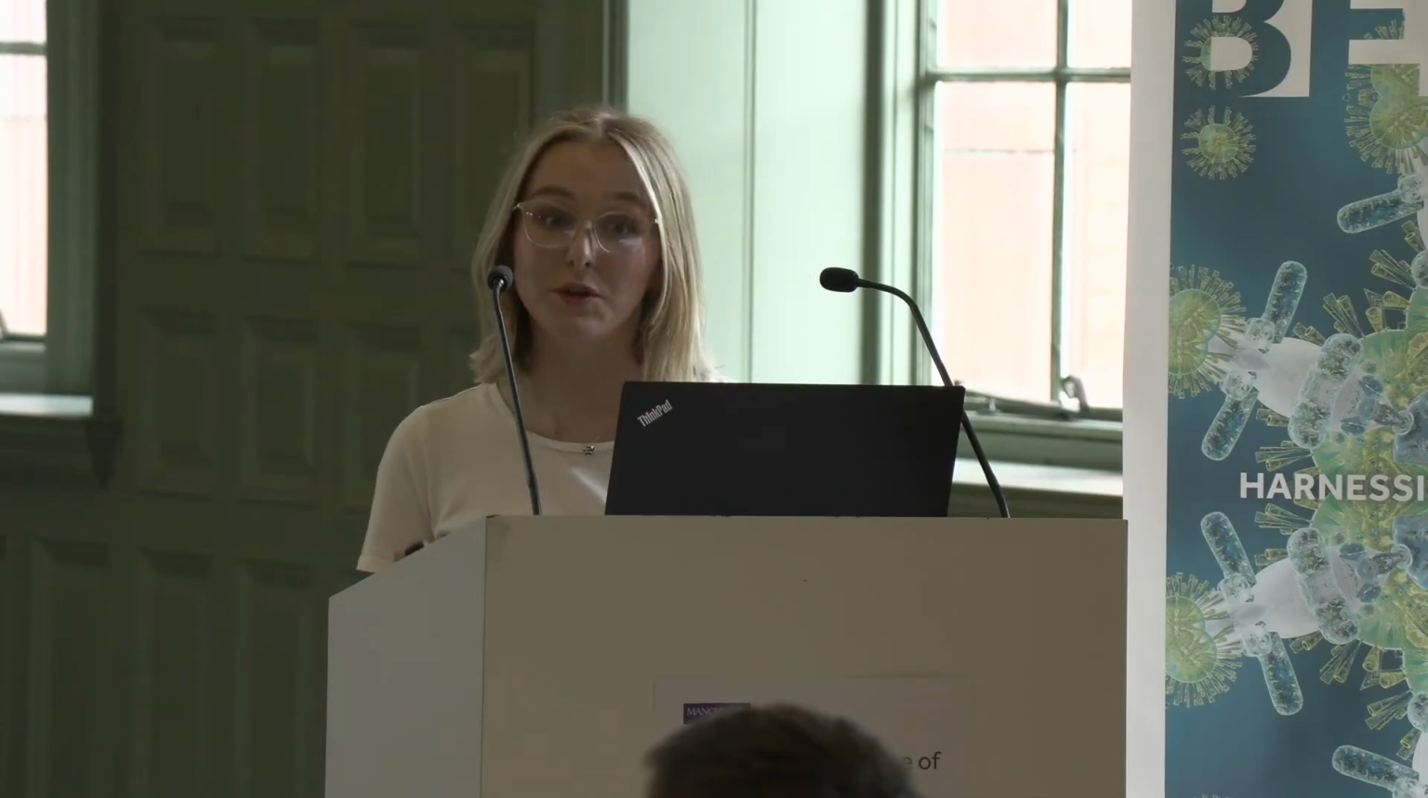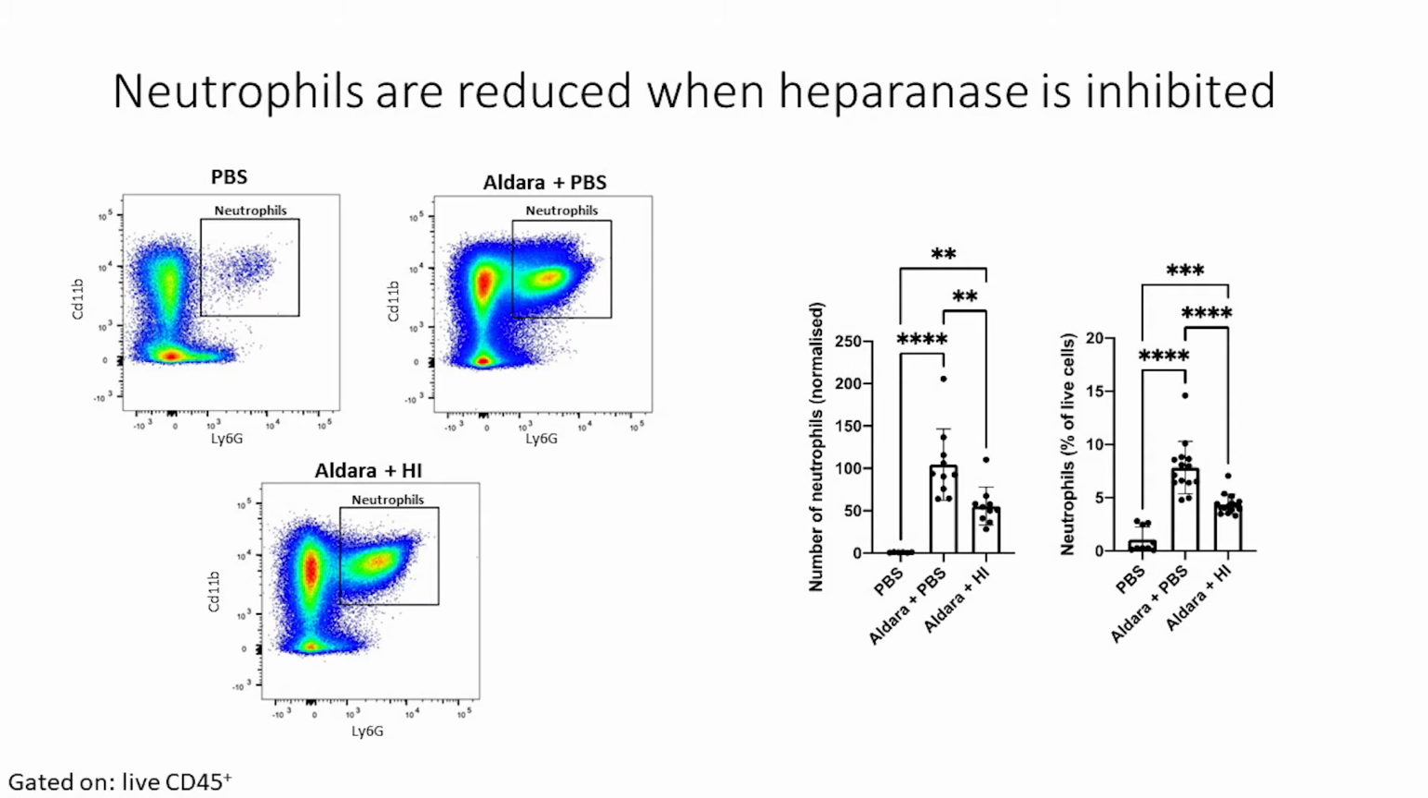I mentioned before that neutrophils are a very important cell type in psoriasis, and they're particularly interesting to my project as they're very migratory. You can see in the flow plots alone that there aren't many neutrophils in just PBS-treated mice, but when you add Aldara cream, there's a big influx of these cells into the skin. However, when you add the heparanase inhibitor, again, there's a significant reduction of neutrophils into the skin in both